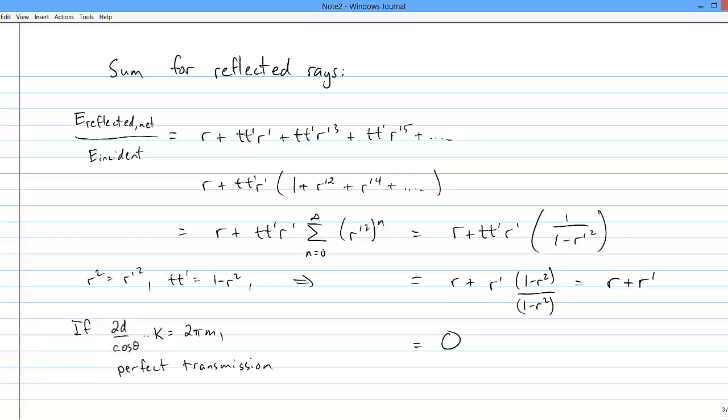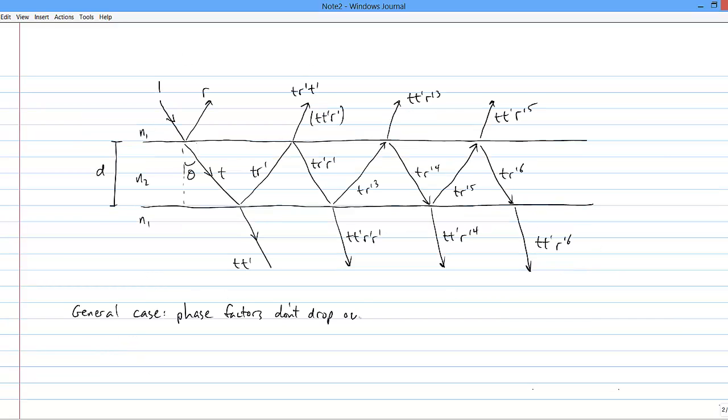Okay, so let's go back and do the general case, where the plate separation d and angle of incidence theta could be anything. As a ray bounces in between the plates, each round trip causes it to accumulate some additional phase, e to the ik delta x, with delta x equals 2d over cos theta. So each successive ray on either side will pick up an additional phase factor that we'll shorthand as e to the i little delta. The sum yielding the reflected field amplitude therefore becomes